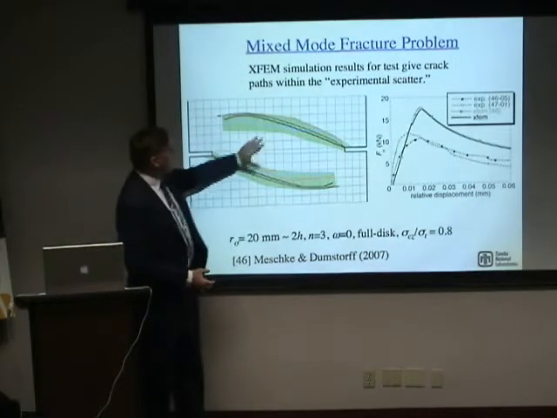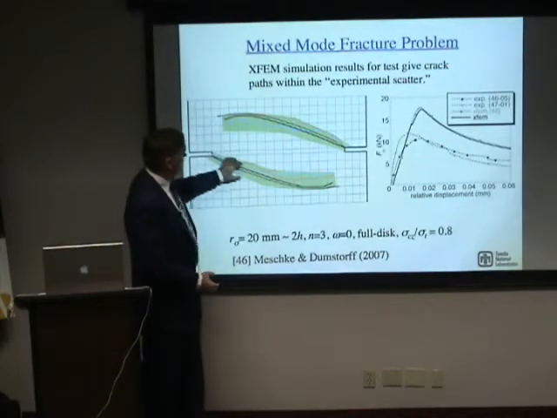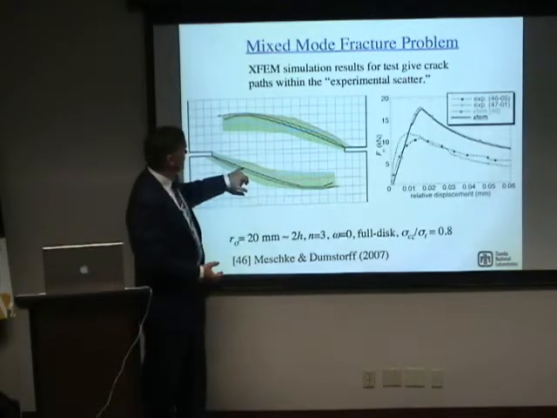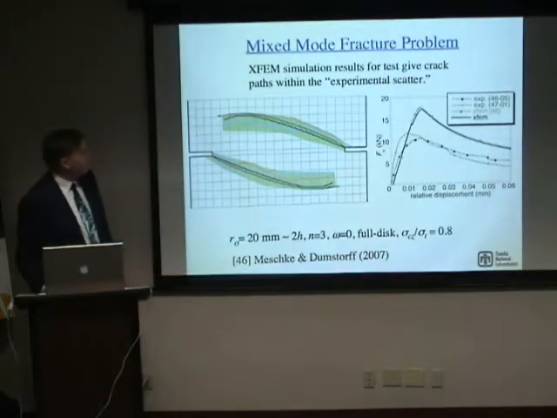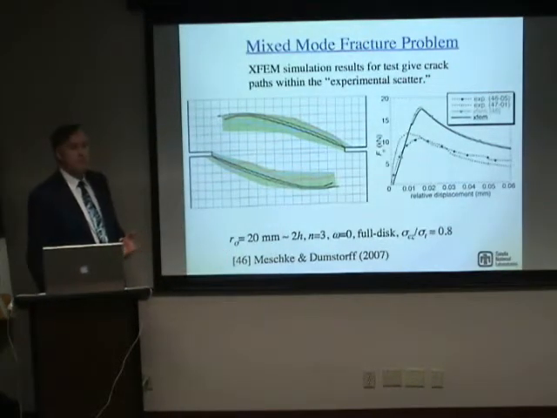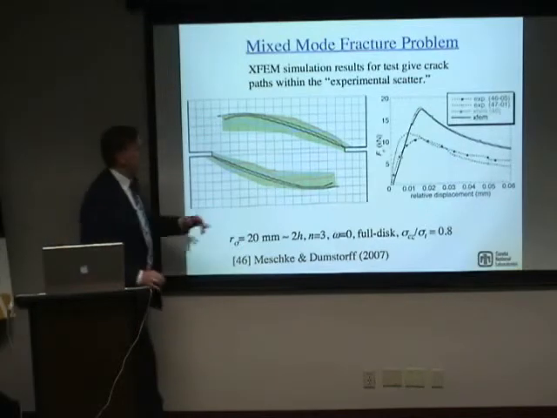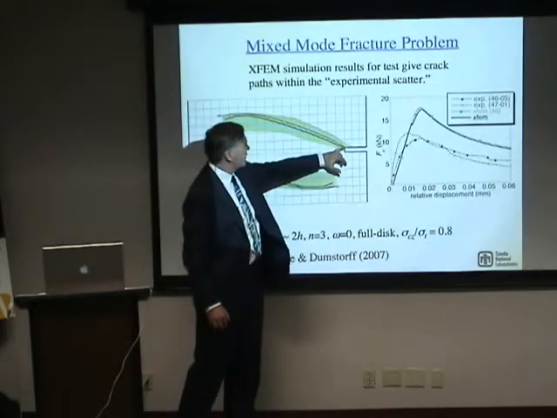But if you took the cracks that were produced by that one specimen and make a green shaded region that would contain all of them on both the front and the back of the surface, that's what the green depicts here. And you can see the solid line is what we obtained, the dashed line is what Meschke and Dumstorff obtained. Another XFEM analysis, and in some ways we're complementary of each other in the sense that in their analysis